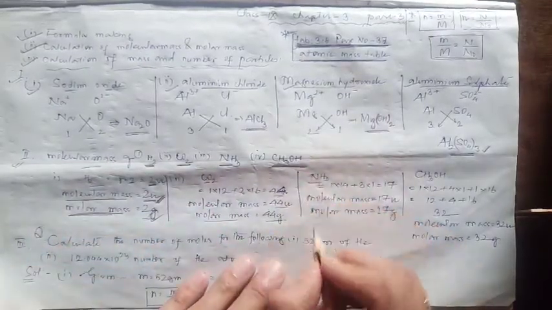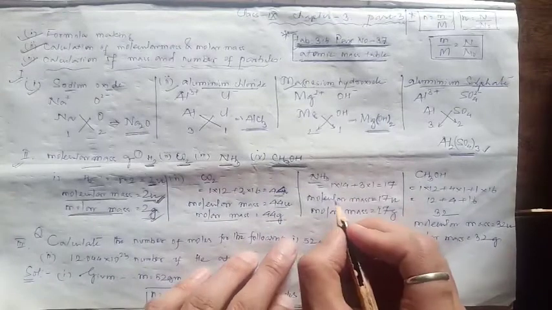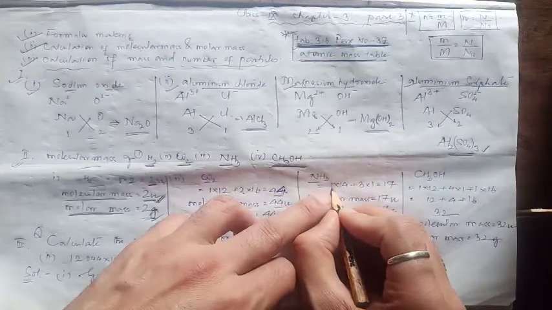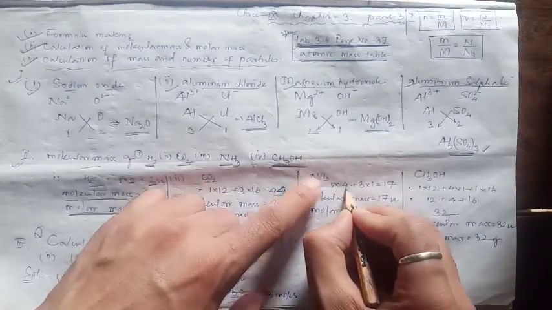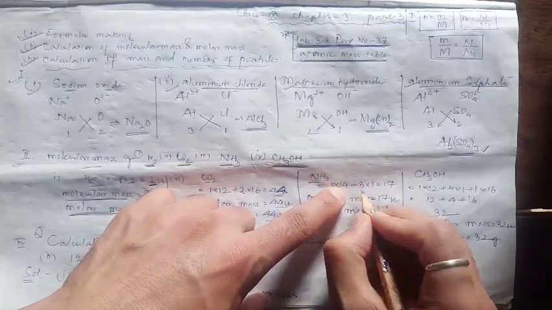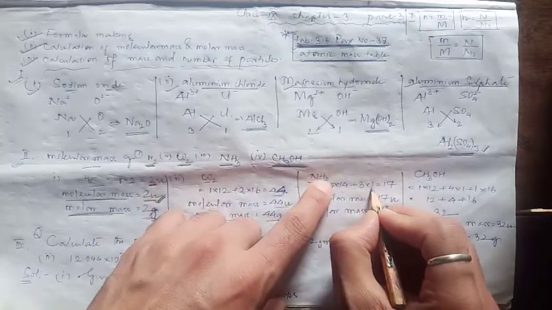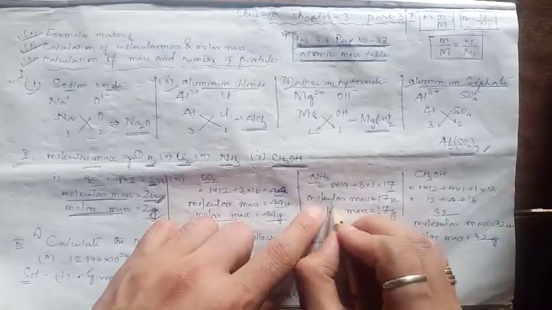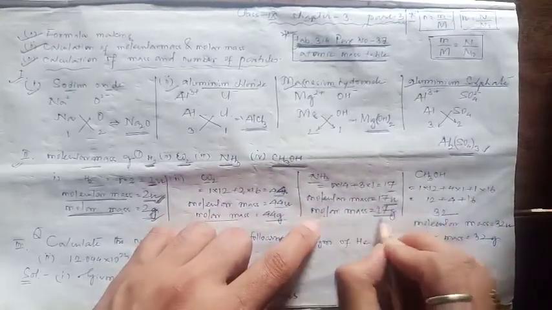Now suppose we come to the ammonia molecule. In this ammonia molecule, you have 1 atom of nitrogen and 3 atoms of hydrogen. So 1 is the 1 atom of nitrogen, and 14 is the atomic mass of nitrogen, and plus 3, that's the 3 atoms of hydrogen, and 1 is the atomic mass of hydrogen. If you simplify this, you'll get the sum 17. So molecular mass is 17 U and molar mass is 17 gram.